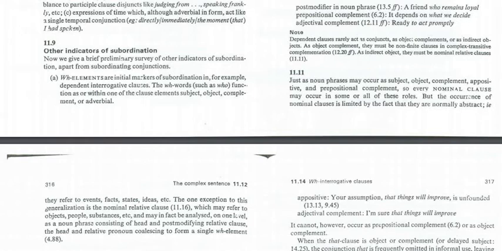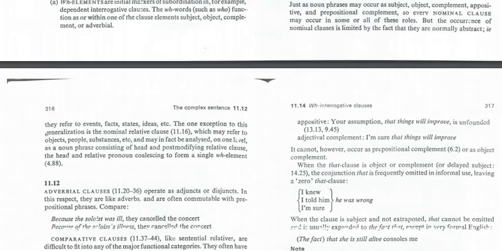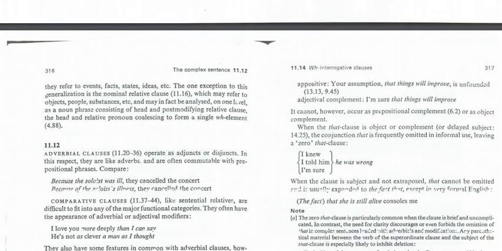كذلك العبارة الاسمية dependent nominal clause ممكن أن تظهر في كل هذه الأدوار. But the occurrence of nominal clause is limited to the fact they are normally abstract. لكن ظهورها دائما ما يكون مقيد بكونها abstract تشير إلى أشياء غير ملموسة، they refer to events أحداث، states حقائق، ideas أفكار. ما عدا الاستثناء الوحيد لهذا التعميم هو nominal relative clause